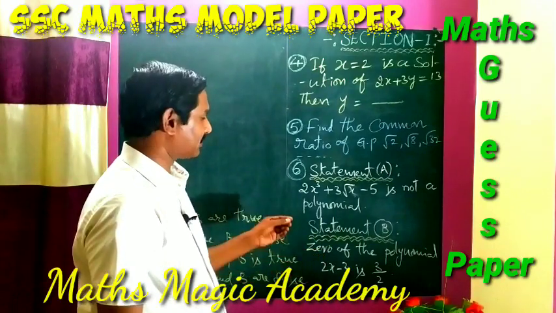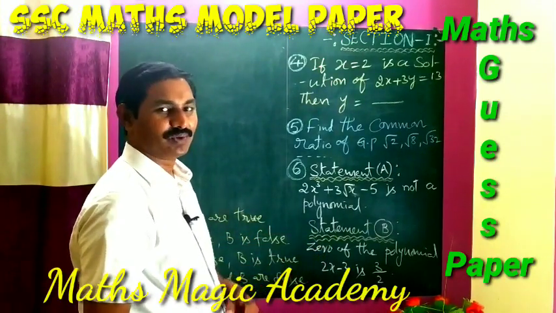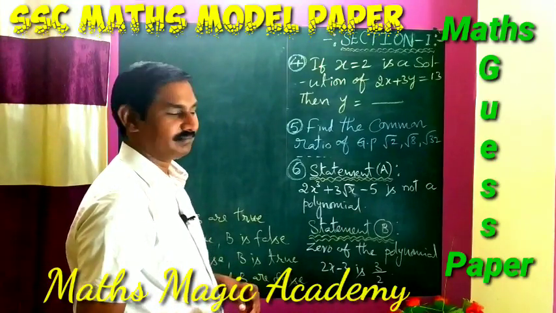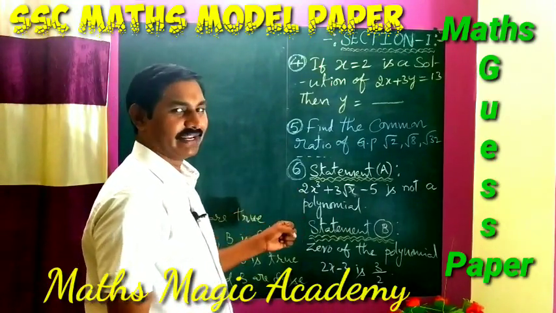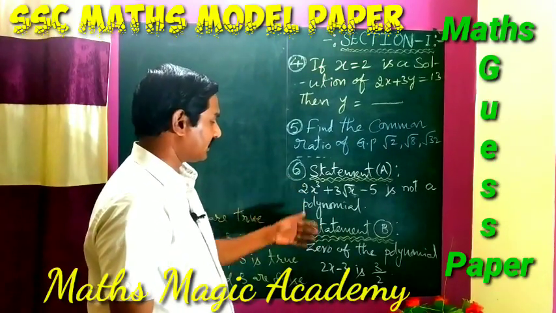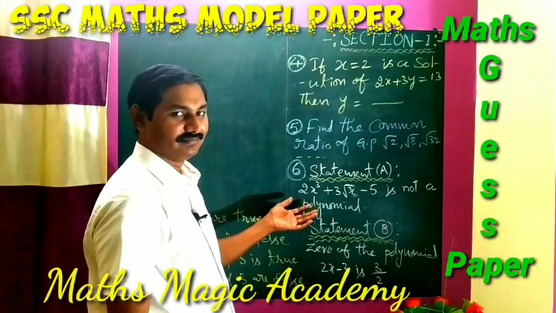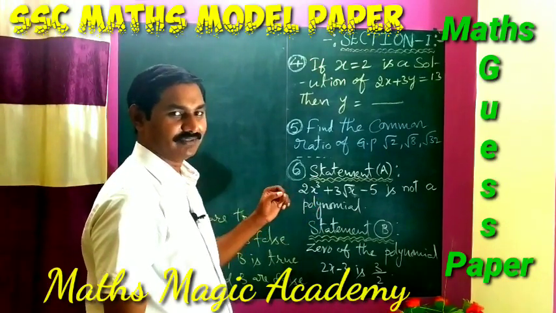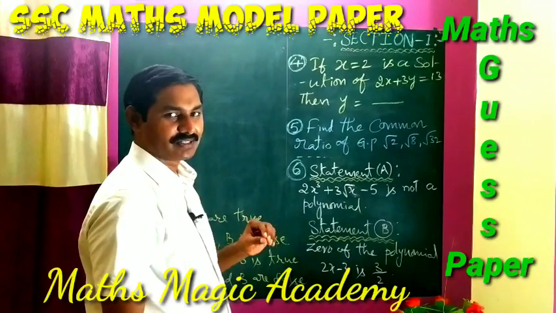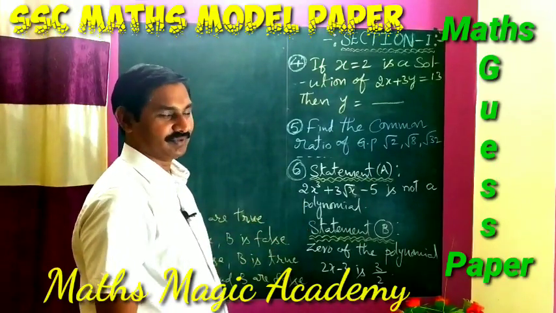For mathematics students, they are always trying to solve all the problems which are given in the examination. But this type of question will take more time. So here a combination of two questions is given in one question, and that too for 1 mark. So students, you have to be sharp to do this type of question.